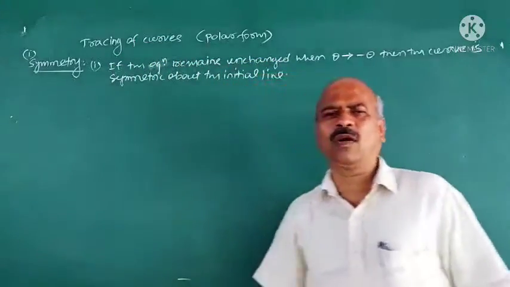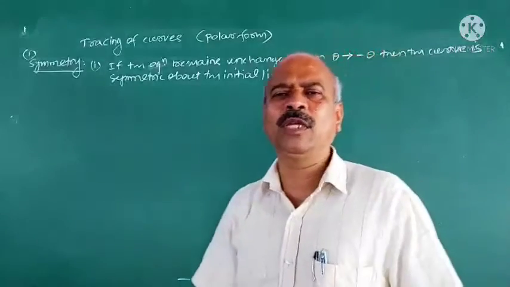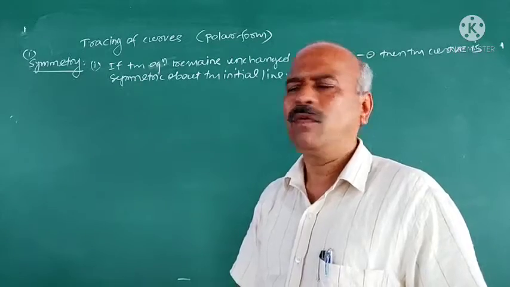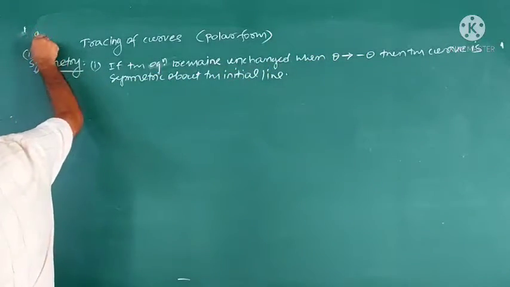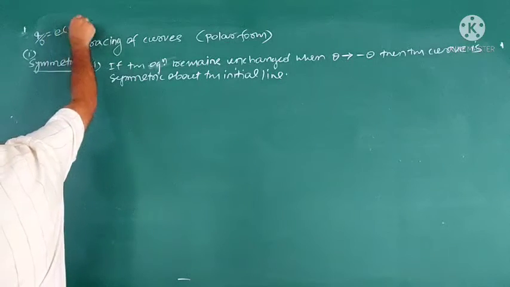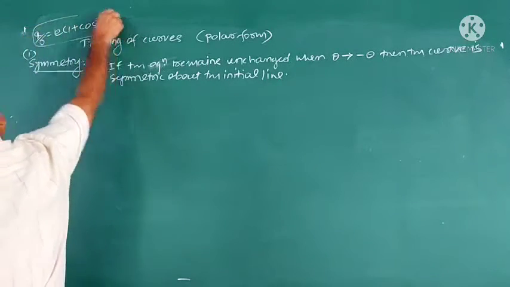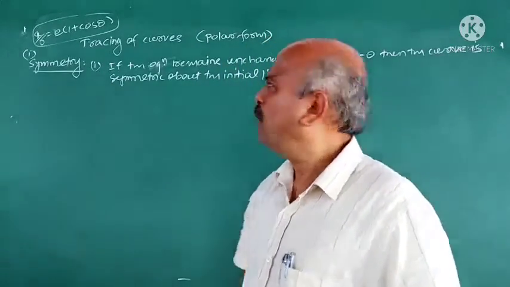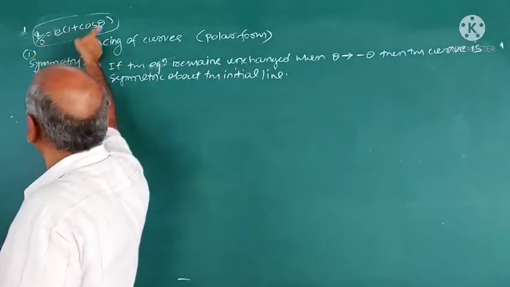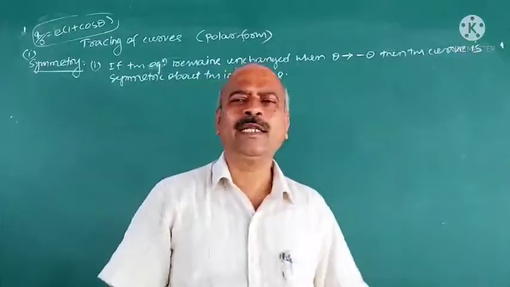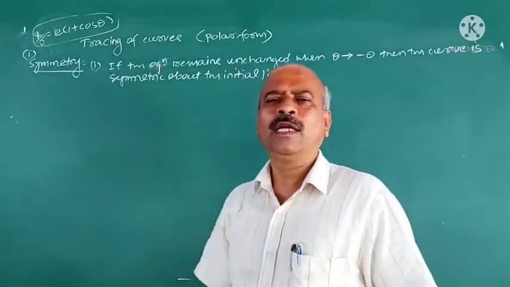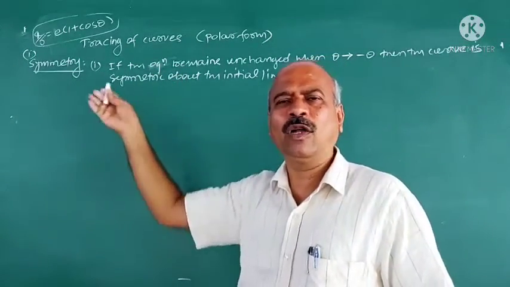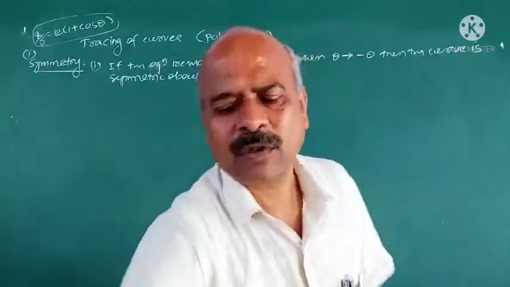You have studied the polar coordinates of a point and the polar equation of curves also. One standard equation you have studied is the polar equation of the conic. What is the polar equation of the conic? L by r is equal to 1 plus e cos theta. This is the polar equation of the conic. Depending on e, it may represent an ellipse, parabola or hyperbola. Polar equation means the equation involves r and theta. A point is represented in terms of r and theta. What is r? r is the radius vector, theta is the vectorial angle. All these things you have studied, so I think no explanation is required about that.